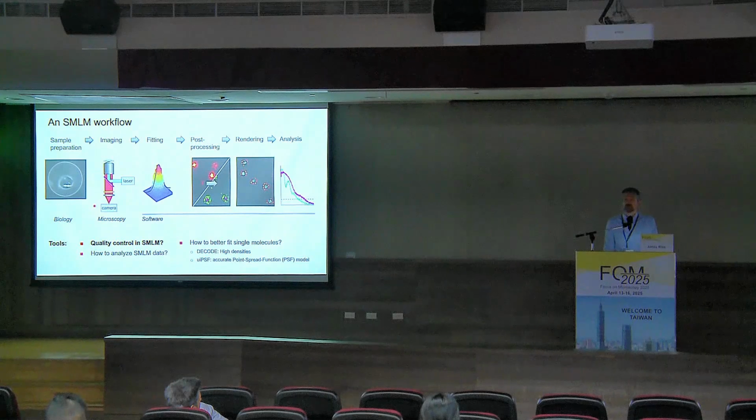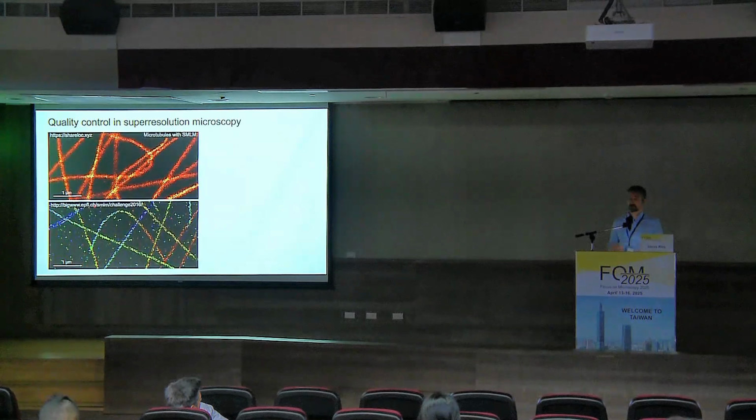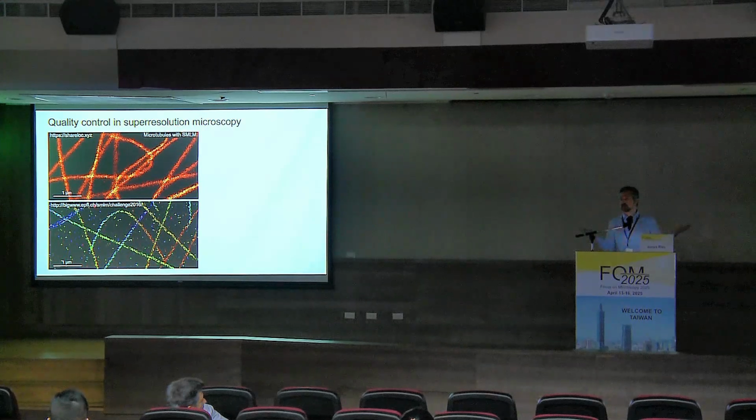So now I want to show you a few tools that we developed in the lab that might be useful. And the first is about quality control. I think quality control is something really important if you want to know if our microscopes are still as good as they were a week ago, or if our microscope is as good as those that Nikon sells us. And here, for example, you see 2 publicly available data sets that show the same sample, microtubules, and